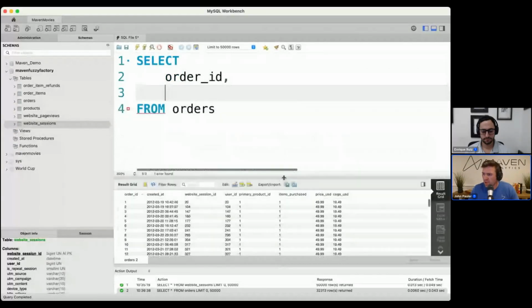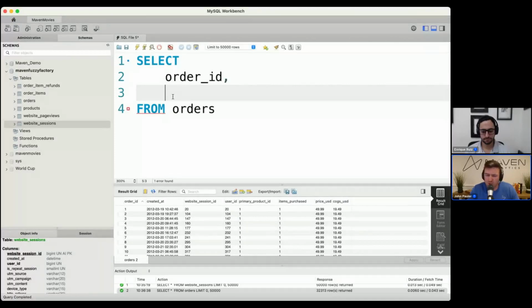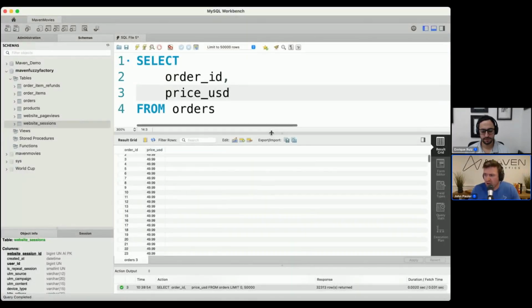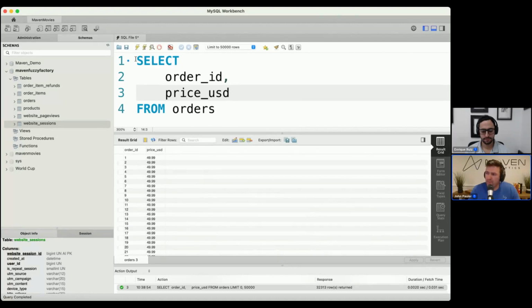If instead we wanted to just pull back a certain number of columns here, I'm going to balance having big text and also being able to give you a decent query to work with. So we'll have order ID, we'll have price USD, and that's probably plenty to just show you. So here now we're pulling out only 2 columns, order ID and price USD, and you see here we separate them with a comma.